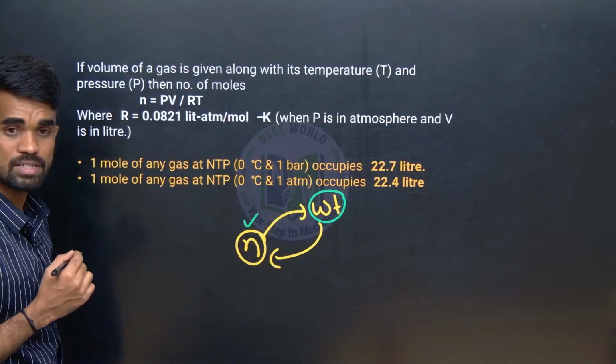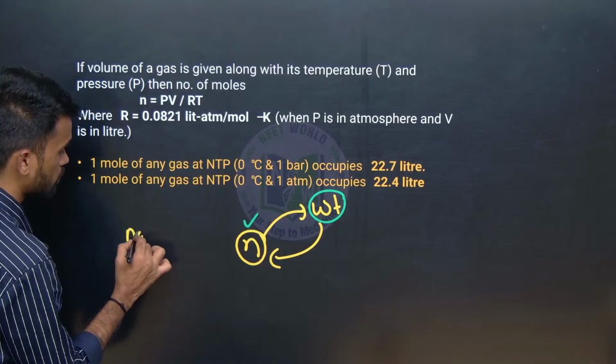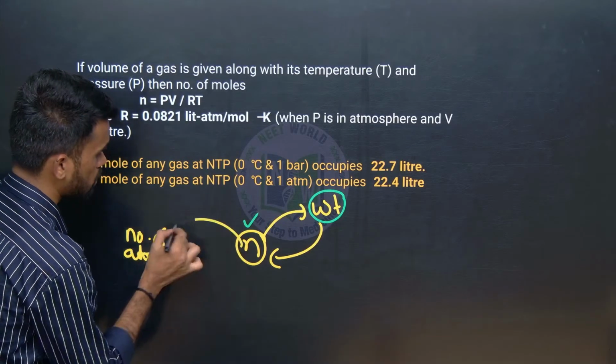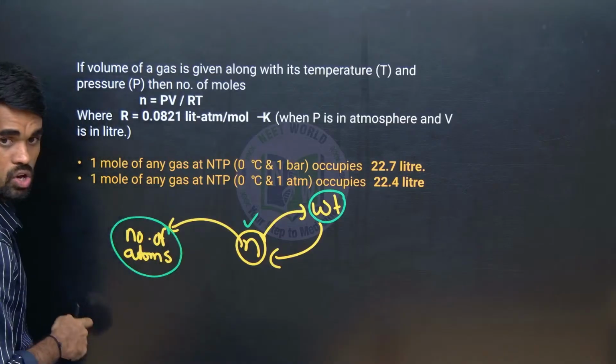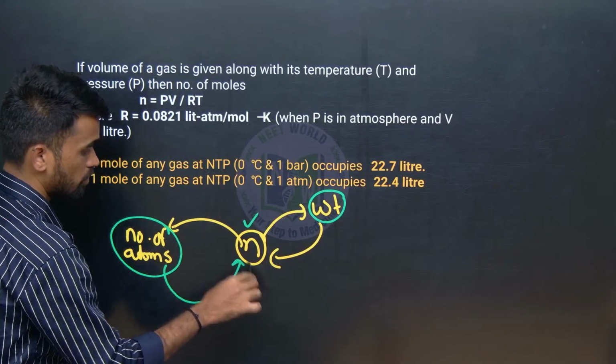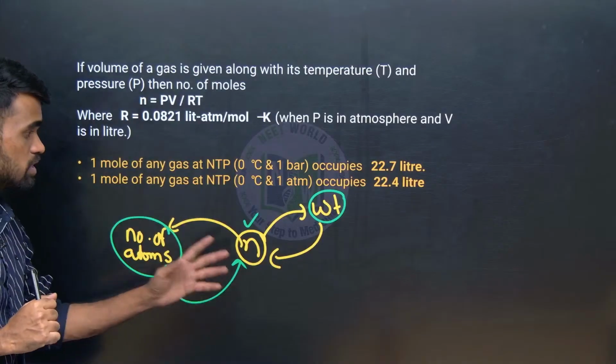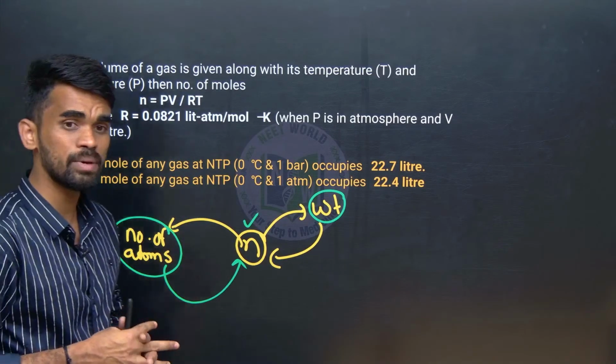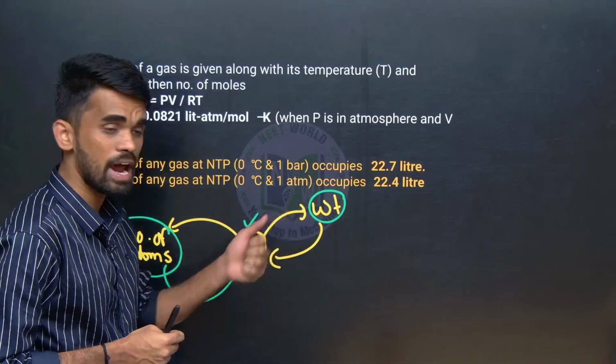And one more thing we have done, number of atoms. If we know number of moles, we can find number of atoms, or if we know number of atoms, we can find number of moles. These two things we have studied till now, right? So now tell me, how can we convert number of moles into atoms? Weight,